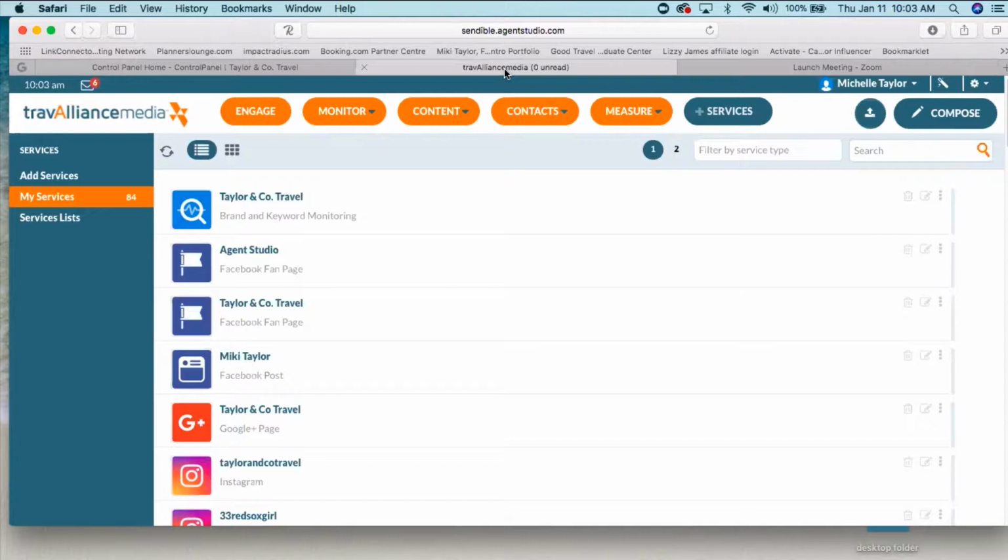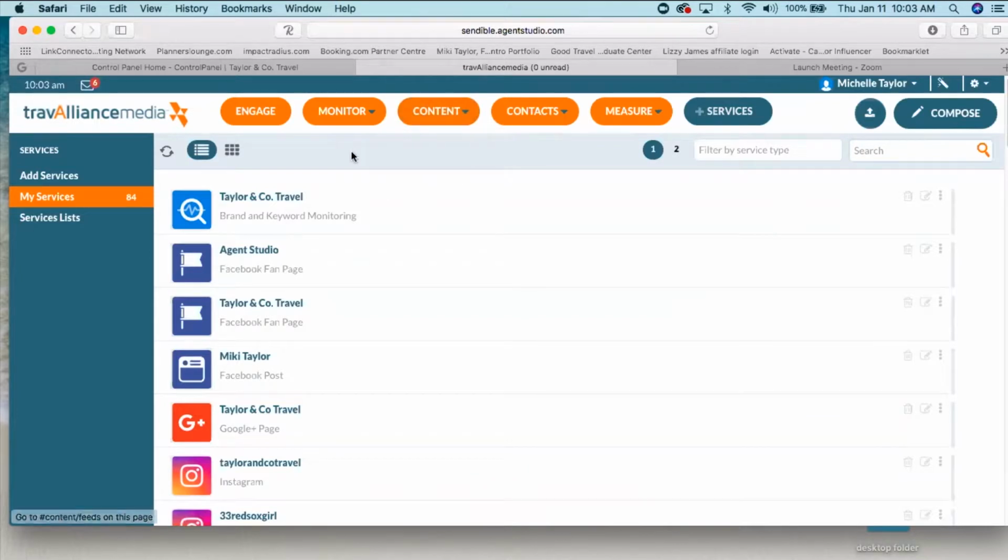And Instagram is especially important for travel because photos sell travel. You post images out over your social media channels, people see the image, ask questions, they start interacting with you. The next thing you know, you're selling a trip to Cancun, Tahiti, Belize. So images are definitely something that you should be using in your social media.